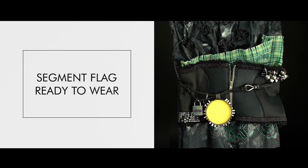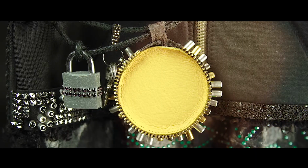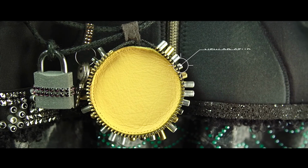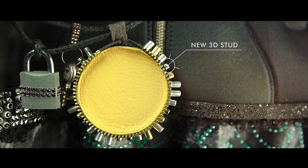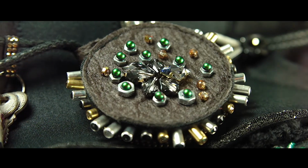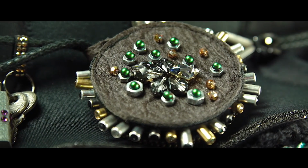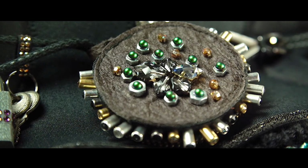Taking inspiration from sustainability, survivalists, and nomadic ideas, unwanted materials are scavenged and recycled to create new and beautiful things. A leather purse is encircled with 3D studs, then decorated with tilted sew-on fancy stones, baroque beads, and crystal pearls